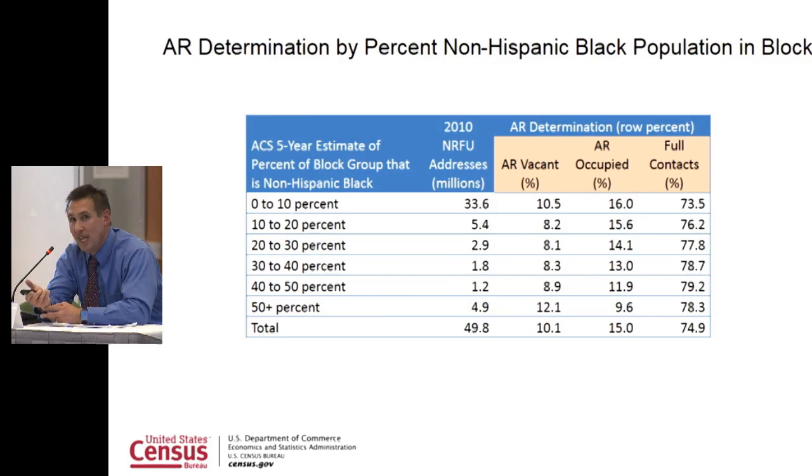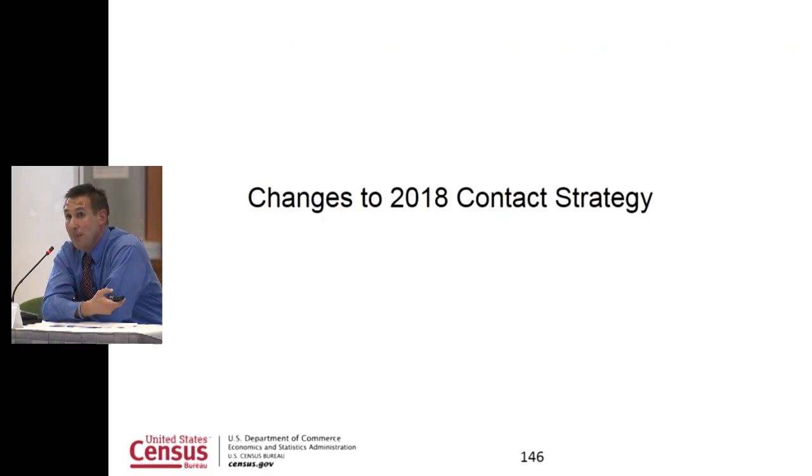We could make these determinations, but we are concerned about the overall results of putting all of this together. We do know from our work, especially taking into account Art Creasy's work looking back at the 2010, 2000, and 1990 censuses, that the census tends to underestimate vacancy rate and overestimate occupancies. We see an undercount of vacant addresses. So we may be doing things that are perfectly fine on an individual level, but at an aggregate level we are concerned. Based on this, we wanted to make some changes to our 2018 contact strategy, which I'd like to share with you today.